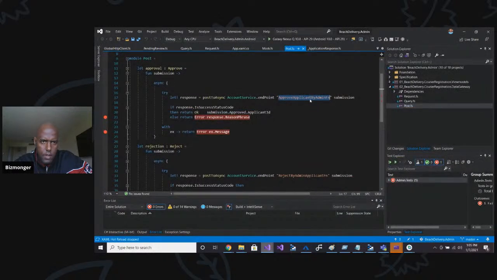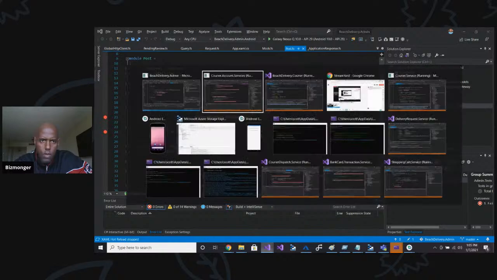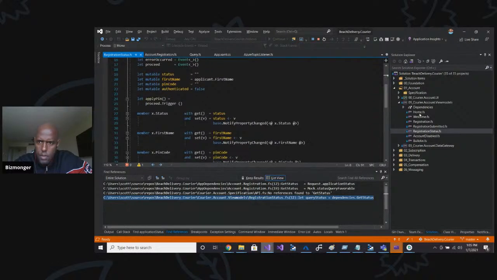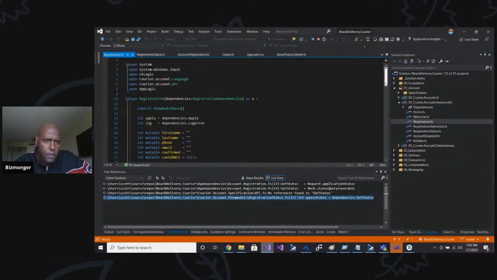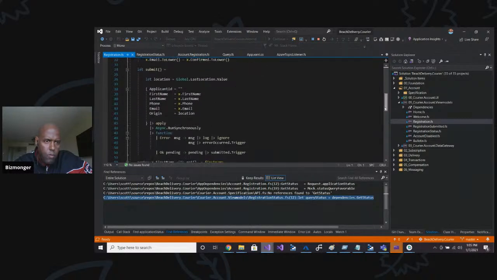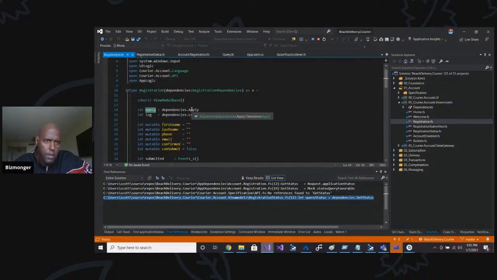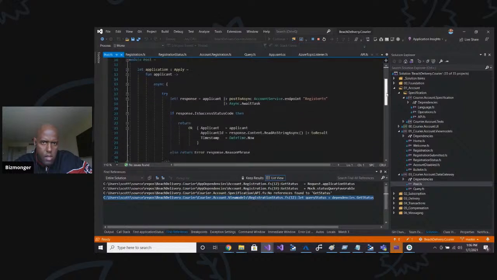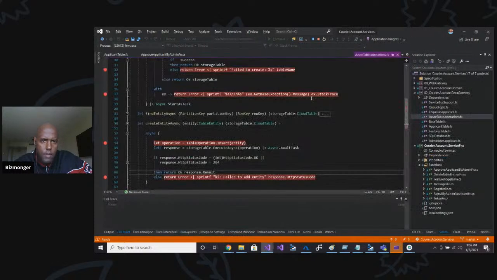And if I go back over here, I want to, basically, there should be registration submitted, registration.fs. Here's an apply, dependencies that apply. All right, so in that dependencies that apply there should be a data gateway here that should expose an apply, which it does. And account service register function, right? If we go to account service register function, which is this right here,